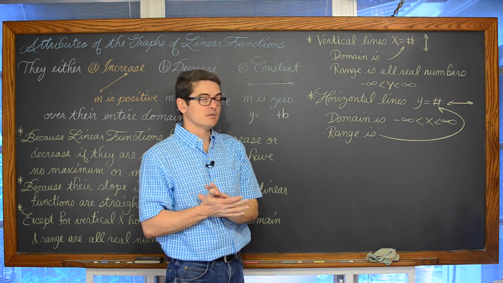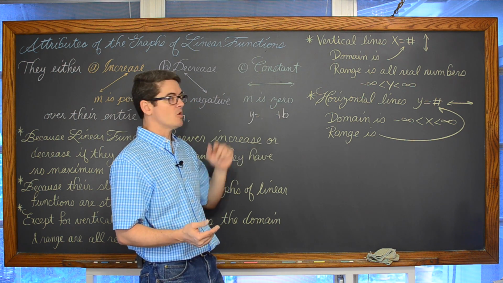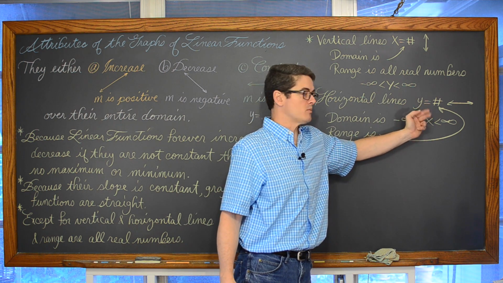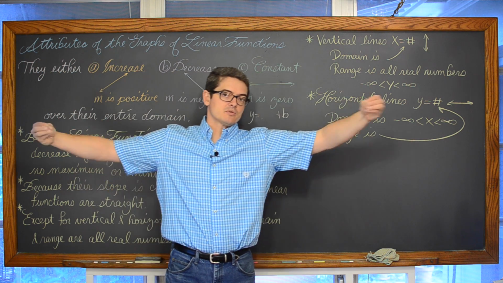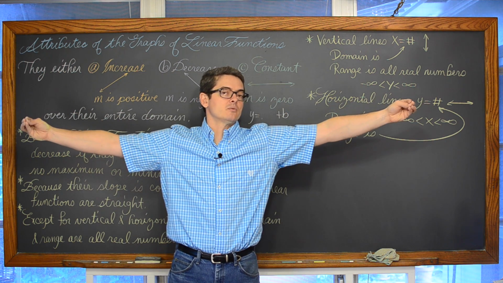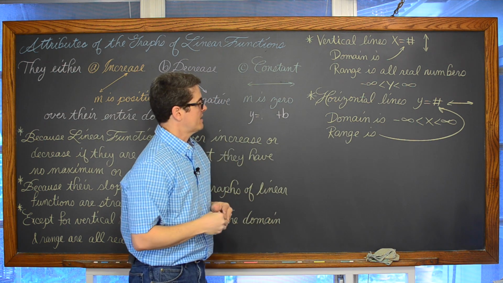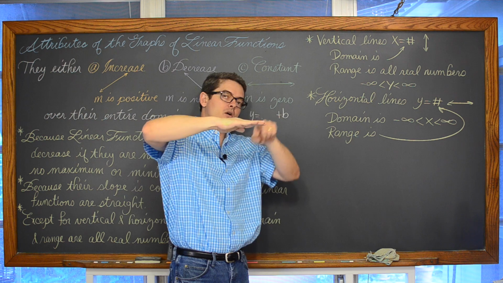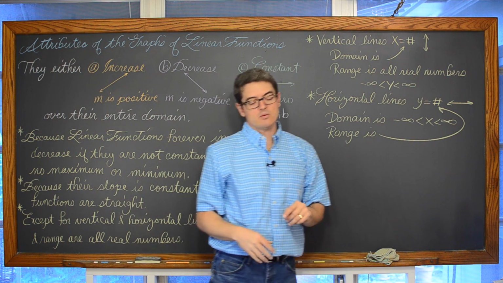If you have a horizontal line, the slope is equal to 0, and the equation of a horizontal line is y equals a number. It is going to be horizontal, and the domain of that is going to be all real numbers because it's going to be moving horizontally, so that line is going to contain every single possible x value that exists. But the range, what y values are going to be included in all of those individual points that make up the graph, well, that's it. Y equals a number.